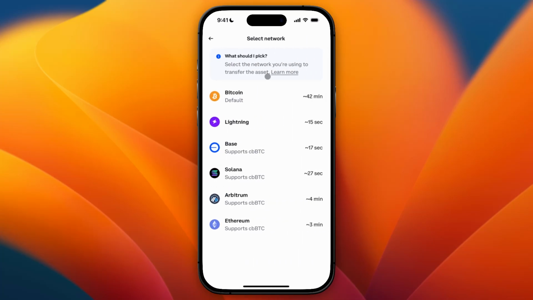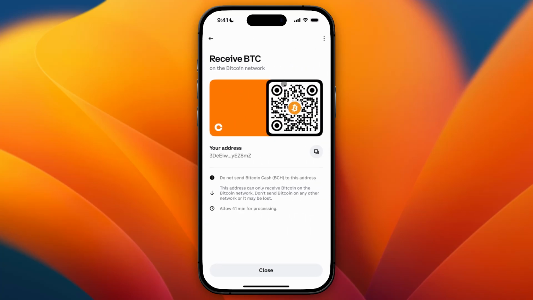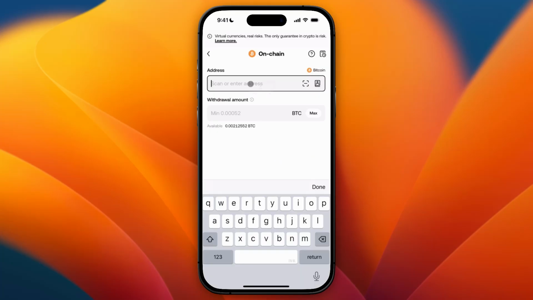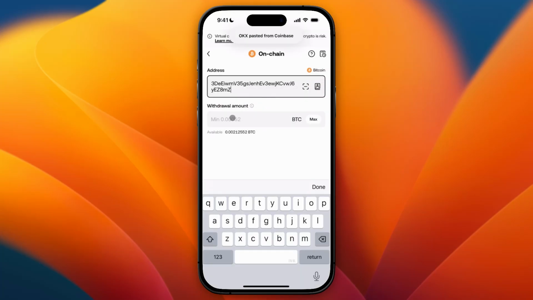And now I need to pick the network. And we just saw before that we need to select Bitcoin again, because otherwise we will lose our crypto in the transaction. So if you have another network popping up in here, then you just need to be sure that you align it with the network from OKX. So I'm just going with BTC because I selected that in OKX. And now I see my wallet address in here, and I can just copy this to my clipboard and then paste this in OKX. So let's paste in the address in here, click on paste,